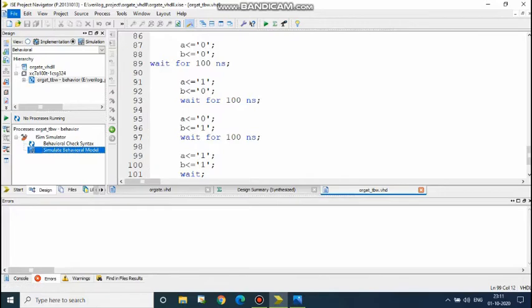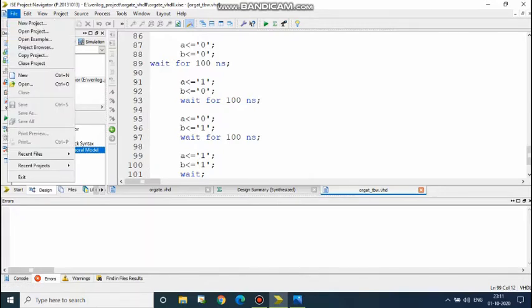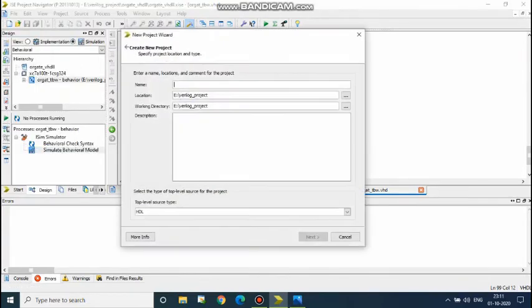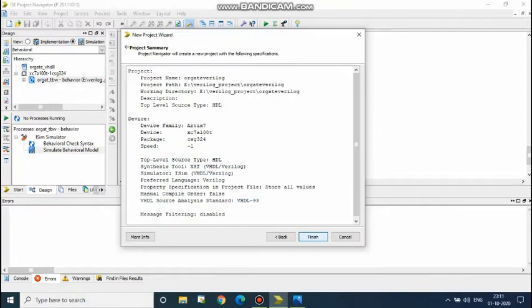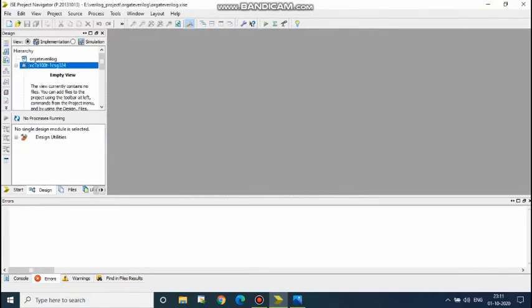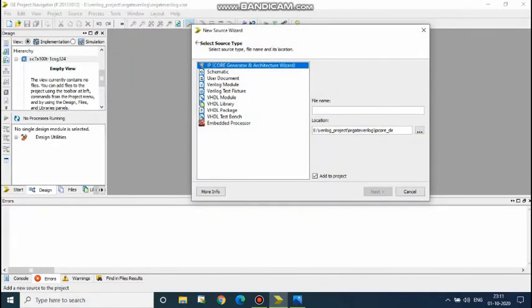Now if you would like to simulate the OR gate in Verilog, you have to create a new project, OR gate Verilog. You just have to change the language to Verilog, the rest are the same. Finish. Right click on the device, new source, Verilog module. I would select Verilog module, OR gate Veri.